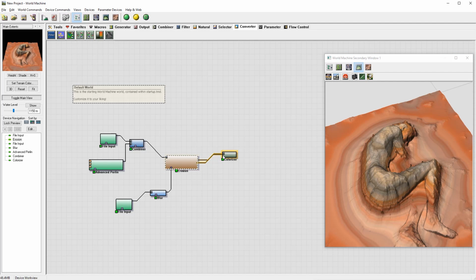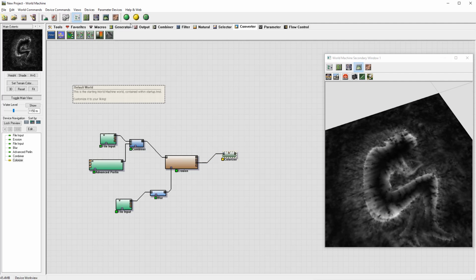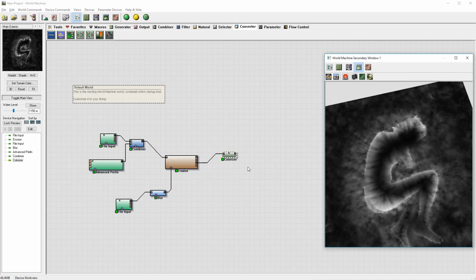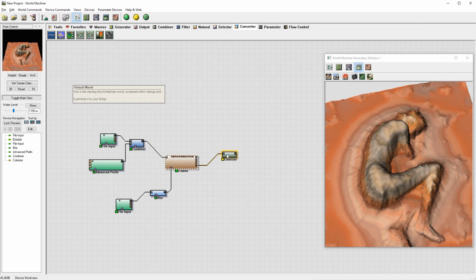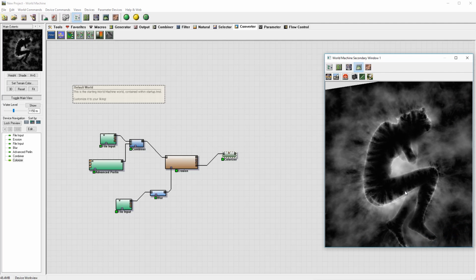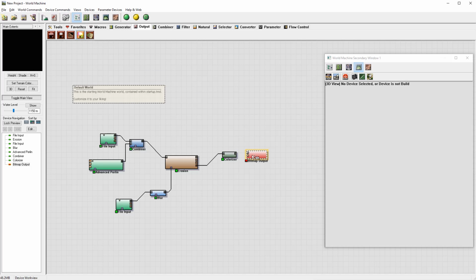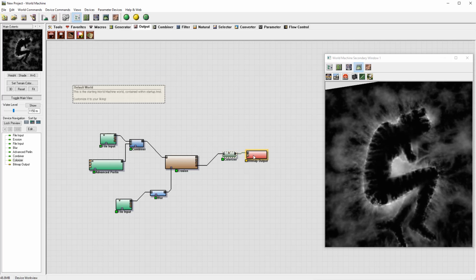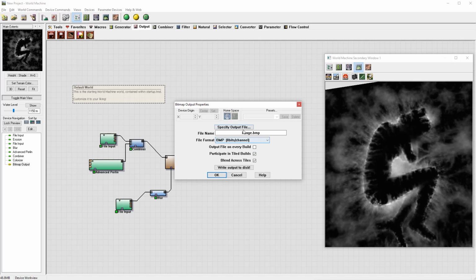And it's a really nice looking flow map. You can use it to map some shaders in your rendering engine. You also have this wear map and the sediment deposition map. So you can use these different maps to mask different sand or water or different kinds of rocks. Then you can just use a bitmap output and choose where you want to save it and which format